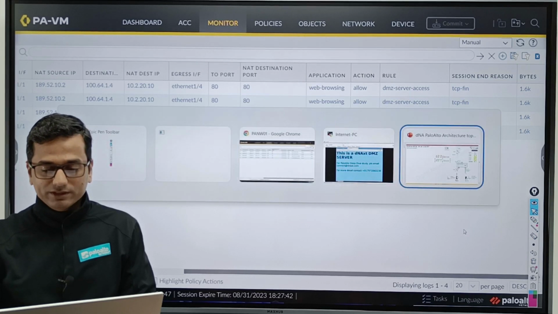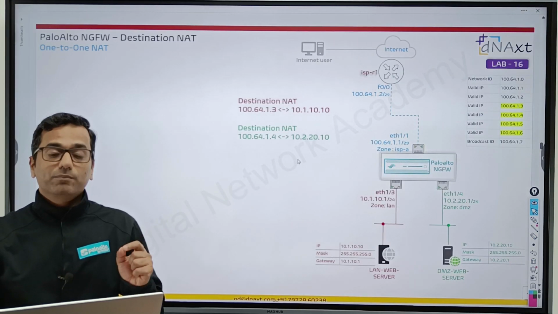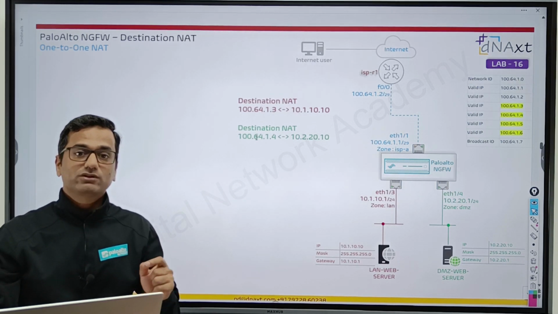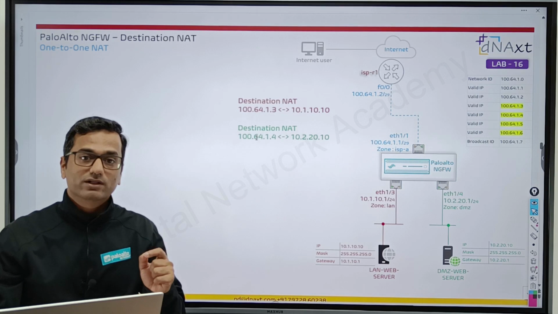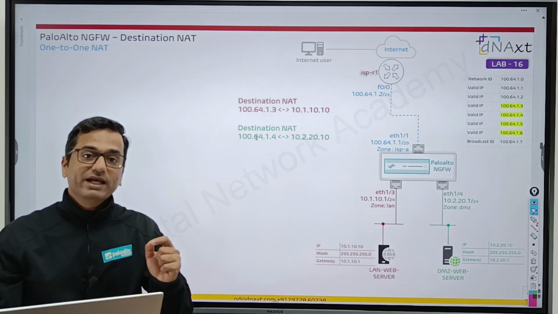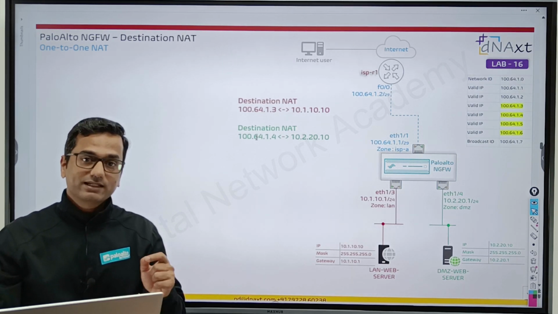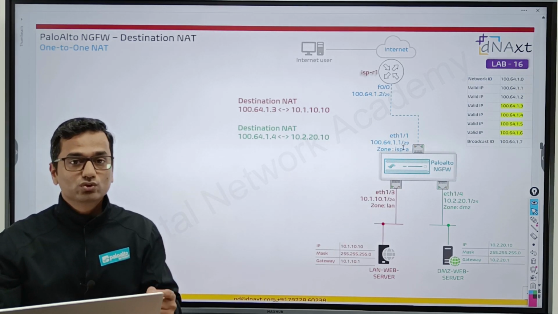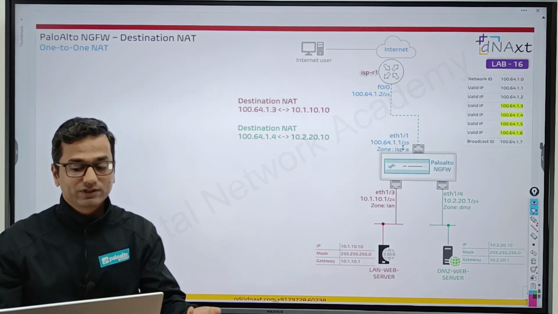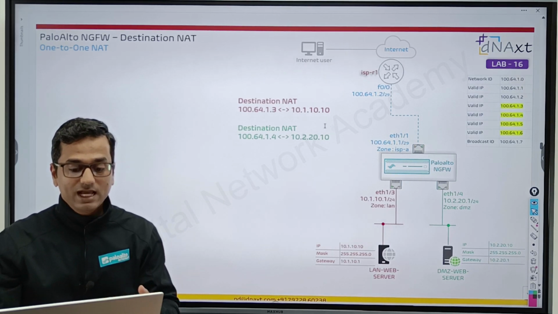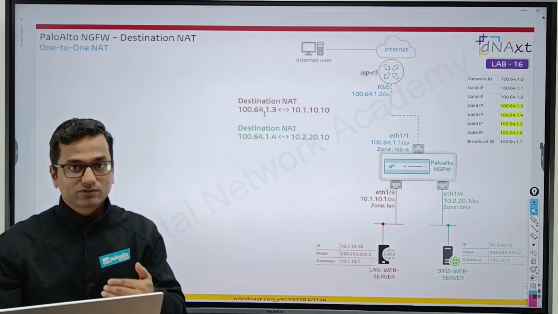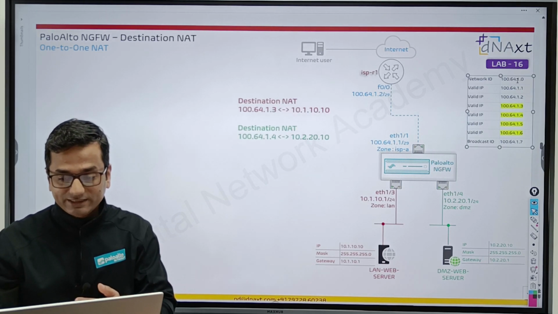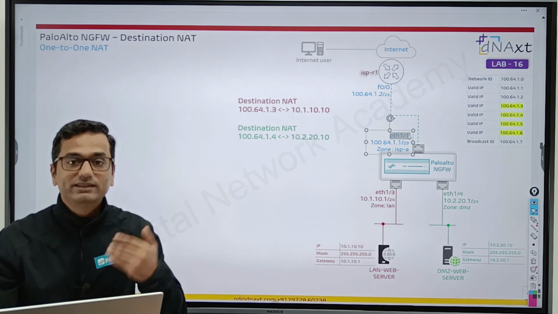This is one key point you have to remember. Palo Alto firewall always looks at the destination IP address, and based on the destination IP address it will look for the route. Based on the next hop, or if it is directly connected, it will decide the zone. In this case, our source zone is ISPA because traffic is received on Ethernet 1/1, and the destination IP addresses 100.64.1.3 and 100.64.1.4 are directly connected to the Ethernet 1/1 interface.